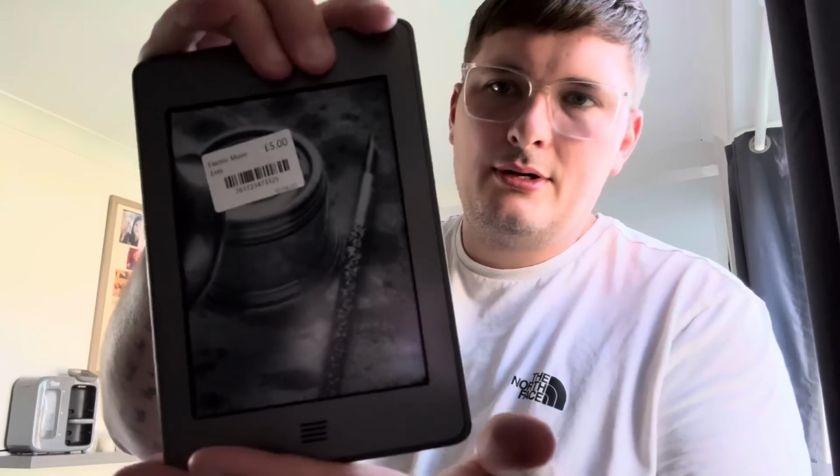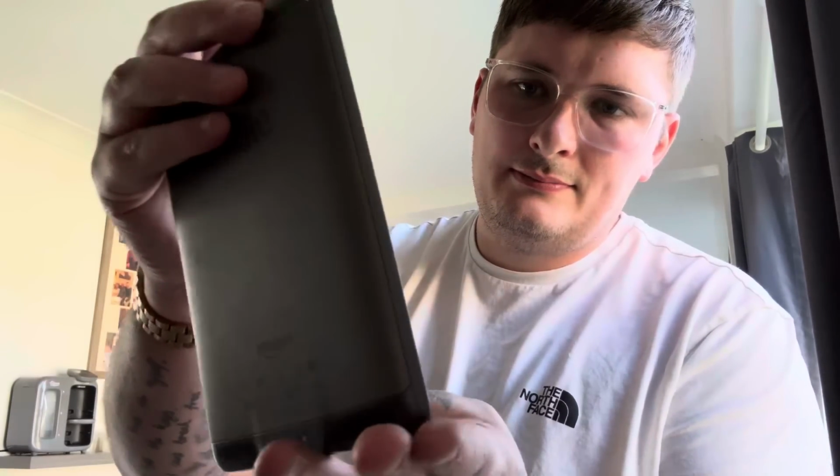But what she had in the back, yeah, actually, I got the calculator now for £1. Probably a crap one, but I could do some maths on it. It's like I failed maths, is it? She had £5 each. This Kindle,